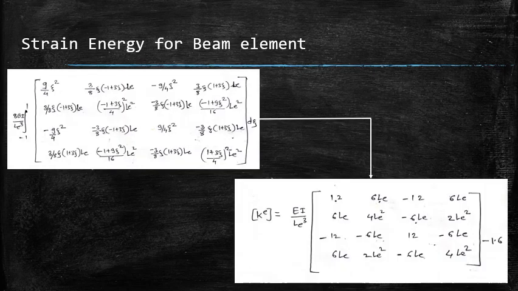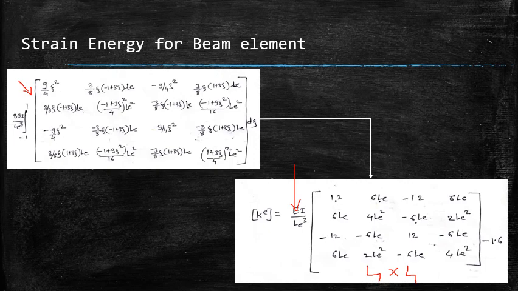If we perform the integration on all the elements of this matrix, where the limits of the integral are from -1 to +1, we will obtain the matrix shown here. So this matrix is EI upon L cube into this 4 by 4 matrix. I will just read this matrix: 12, 6 Le, minus 12, 6 Le; 6 Le, 4 Le square, minus 6 Le, 2 Le square; minus 12, minus 6 Le, 12, minus 6 Le; 6 Le, 2 Le square, minus 6 Le, 4 Le square.